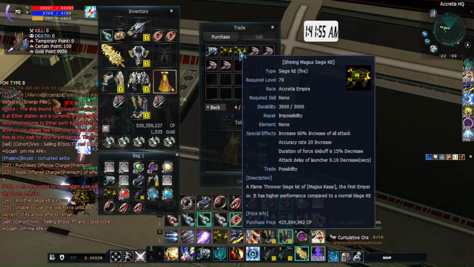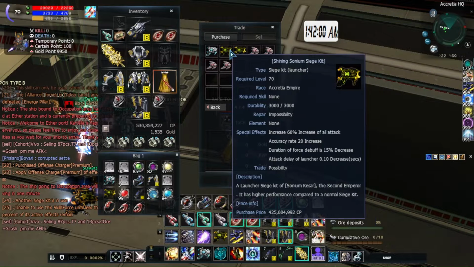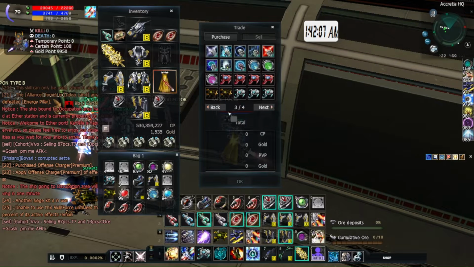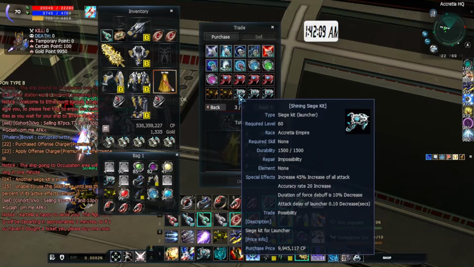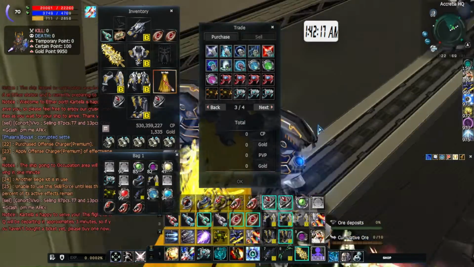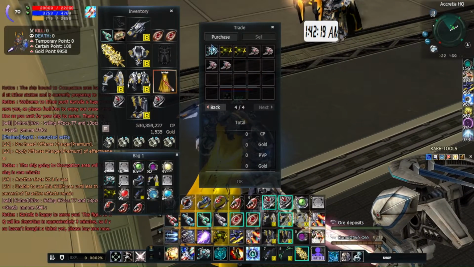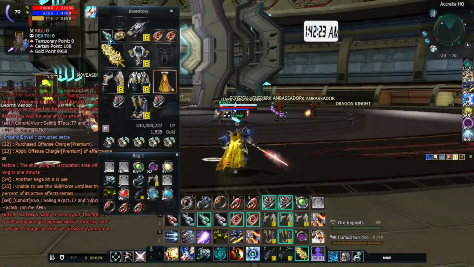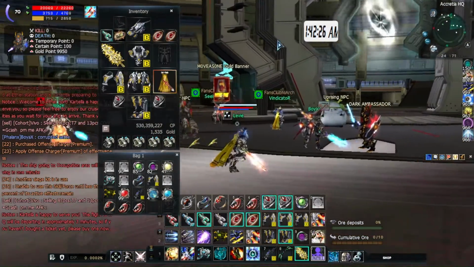Where's that? There. For fire, it means flamethrower. So as you can see, the price is 425 CP. So 425 million CP, so that's expensive. If you want to go cheaper, the level 60 is just 9 million. So there. And this one is 6 million. So like I said, it might be different in your server, but usually the siege kit is expensive,